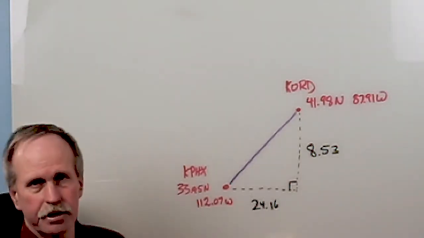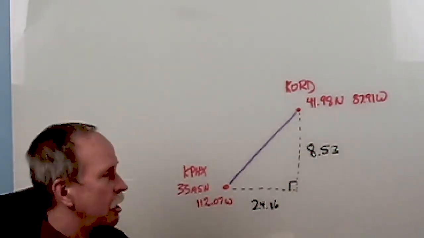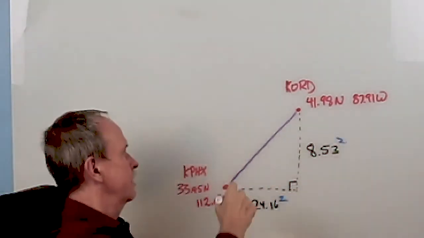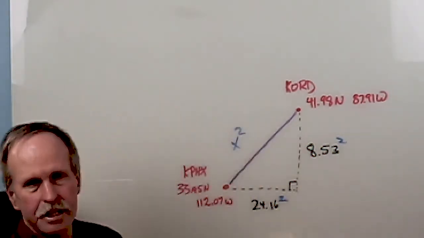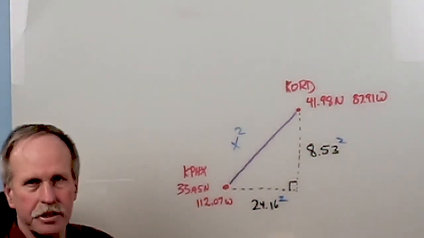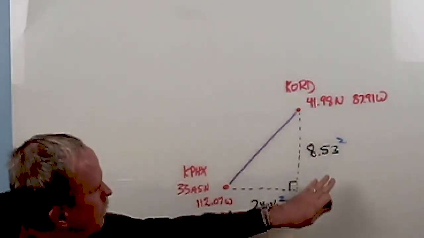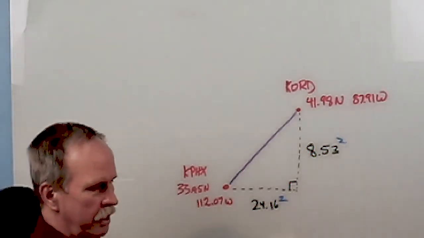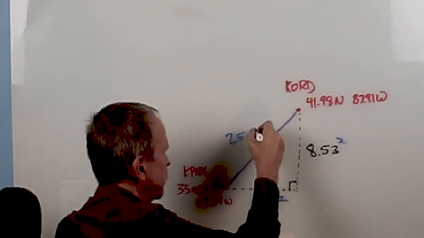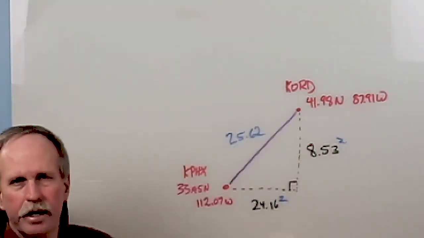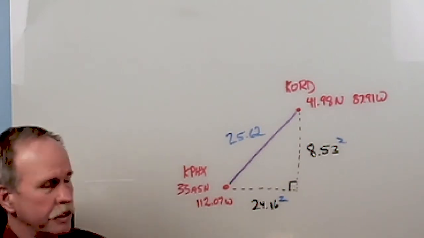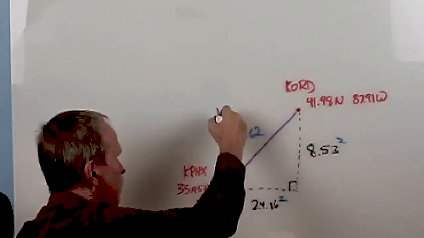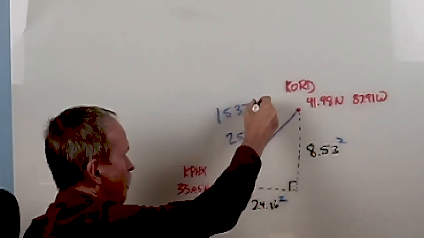Now on a flat surface, using the Pythagorean theorem, all we would have to do is square that number and square that number, add them together, and we would get that number squared, which is the direct distance between Chicago and Phoenix. Let's go ahead and do that real quick. Now, if we square 8.53 and add it to the square of 24.16, we're going to come up with 25.62. Now, each degree on the surface of the Earth is 60 nautical miles. So we take 60 and multiply it by 25.62, and we come up with 1537 nautical miles